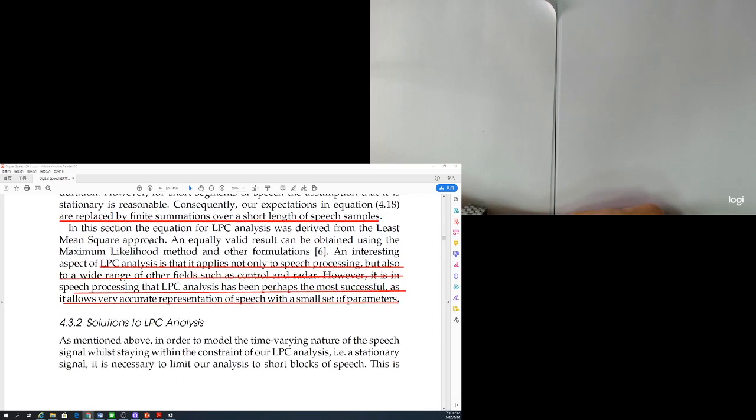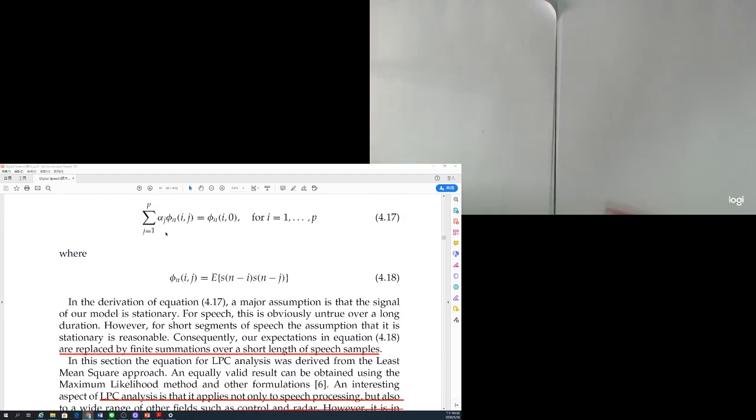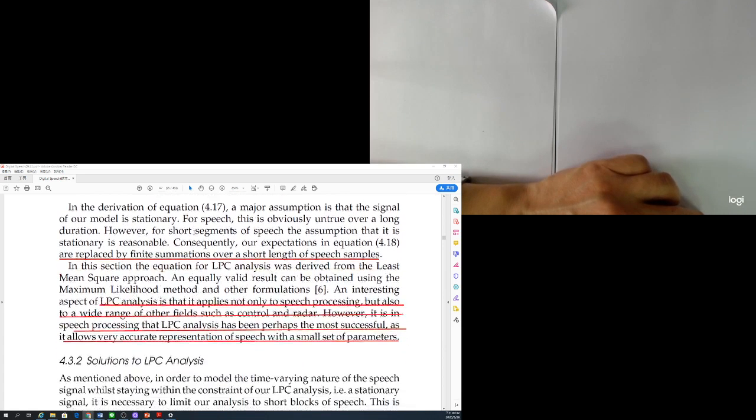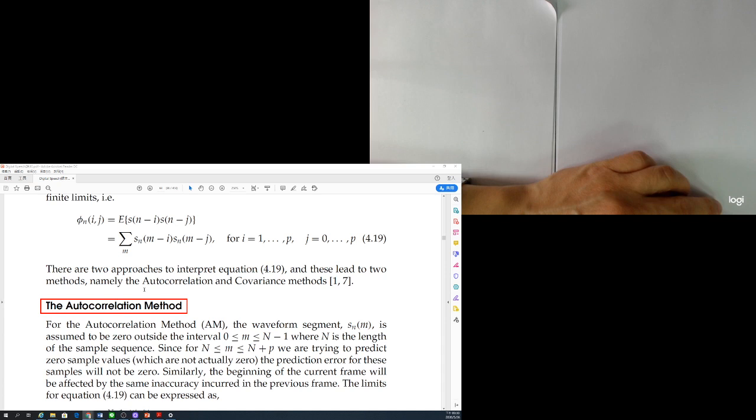We try to solve this equation, so we try to get the alpha i. We try to see correlation. One correlation is with respect to your index 0. The other one is the neighboring correlation. So based on this, we can come up with three methods